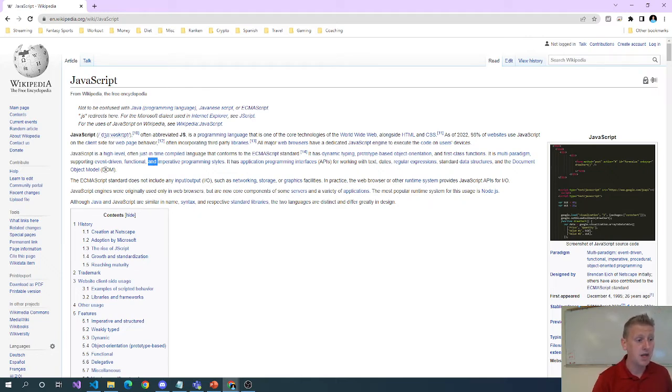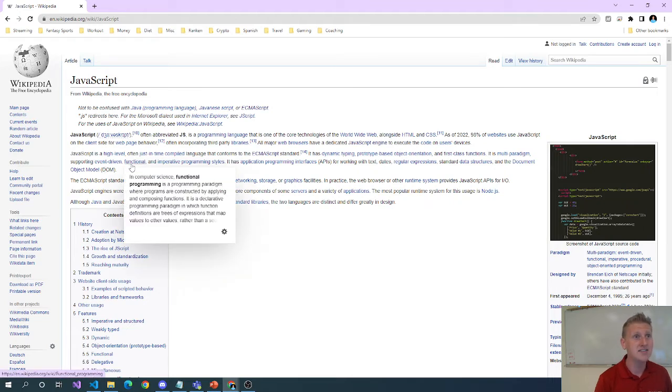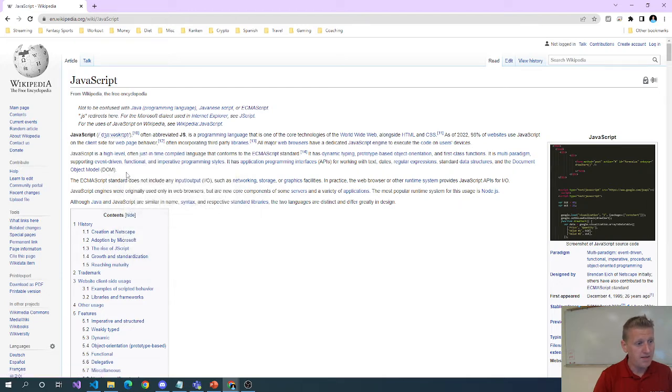And not only various ways, but it pulls in different aspects of different paradigms. And so JavaScript uses different aspects of different paradigms, which makes it challenging to learn because,